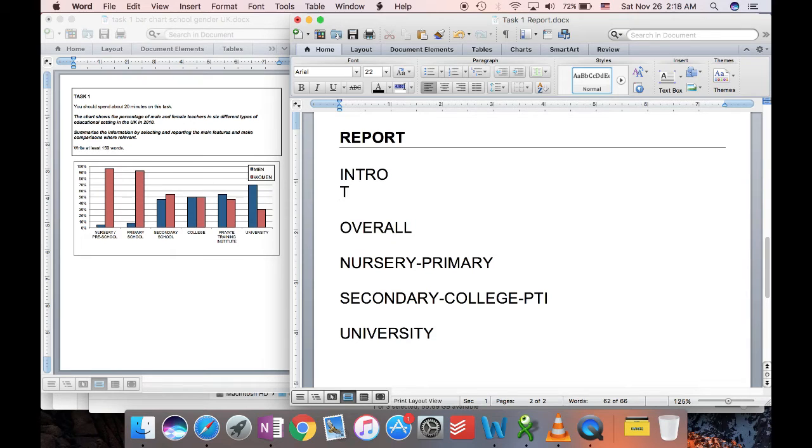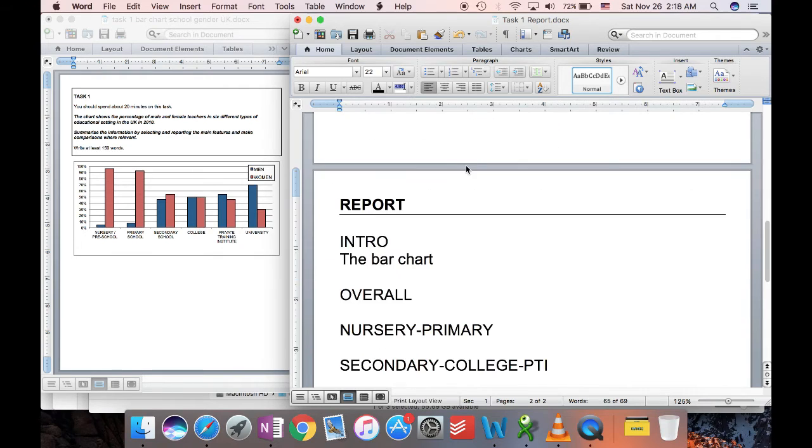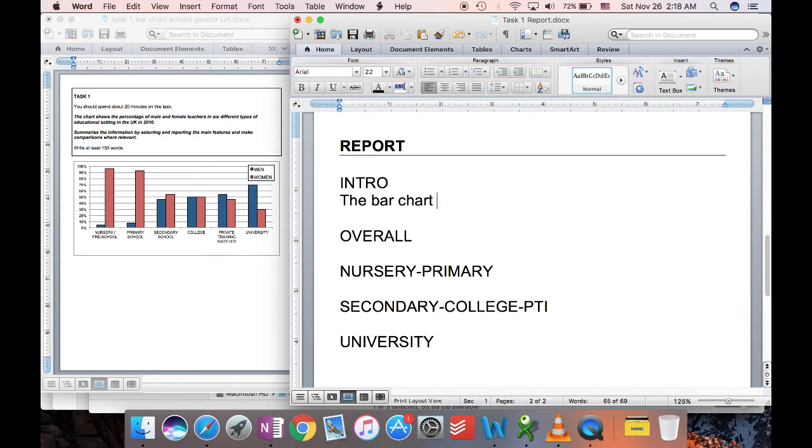So obviously it's a bar chart. You must always remember, of course, to paraphrase and try and use some of this language that we came up with at the top. So what does the bar chart do? It gives information, shows information. You could even use the word compares. The bar chart compares. In fact, let's do that. The bar chart compares